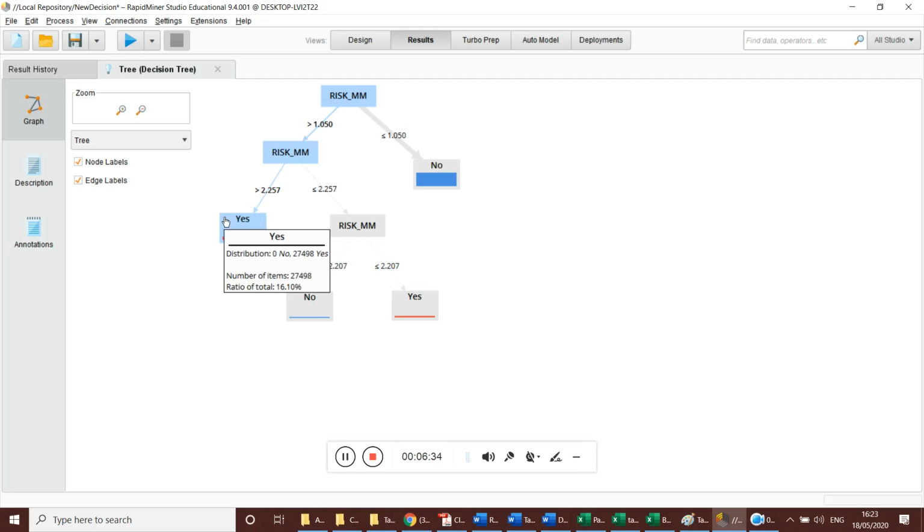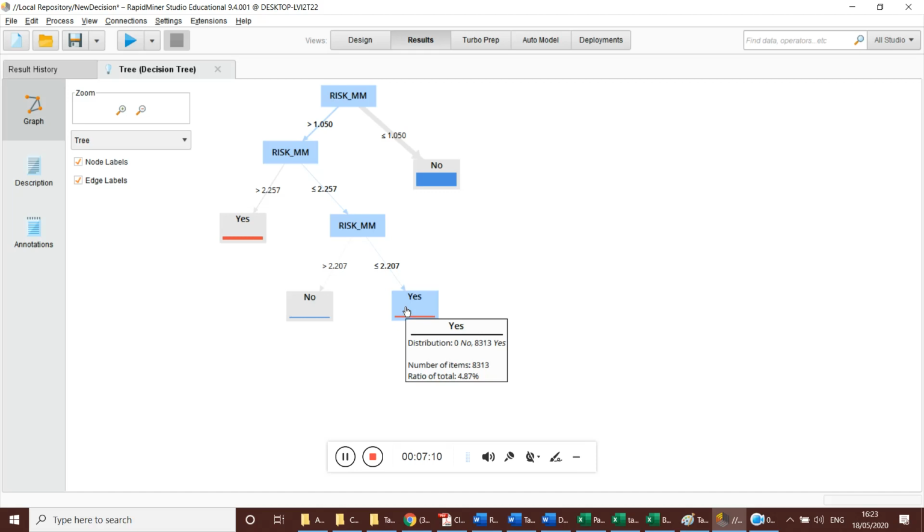tomorrow it will rain. Next, click on the next line, which is the line we need to follow. When the RISK_MM value is greater than 1.050, less than 2.257, and greater than 2.207, then the possibility of raining is no. The next decision is when the RISK_MM value is greater than 1.5 and less than or equal to 2.257, and less than or equal to 2.207, then the possibility of raining is yes.